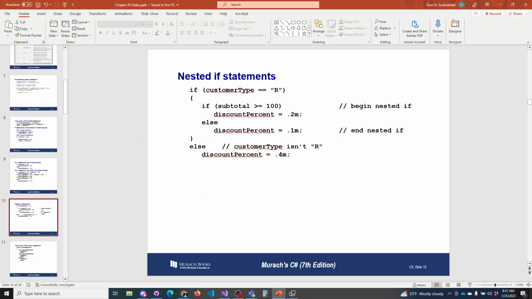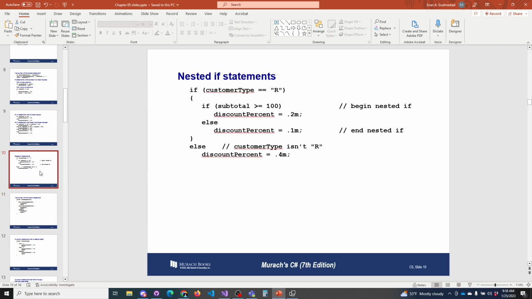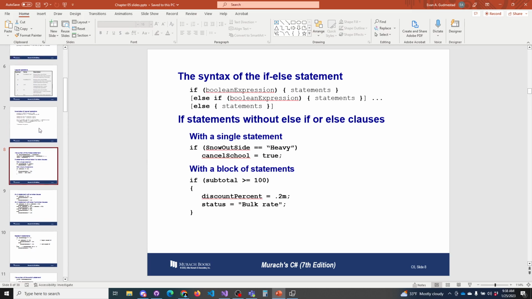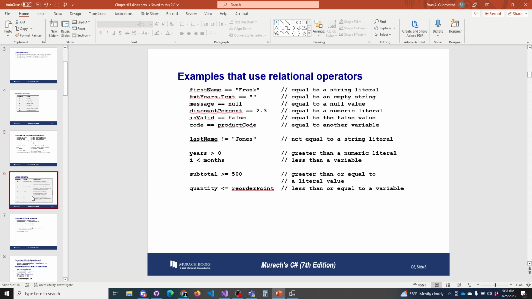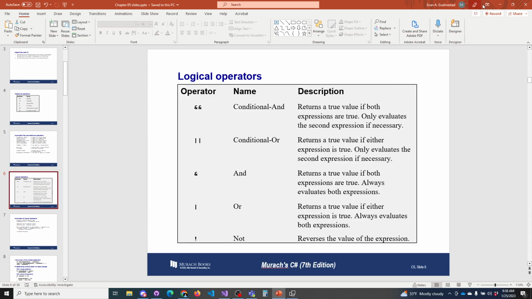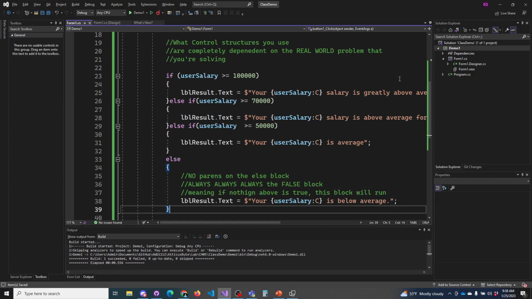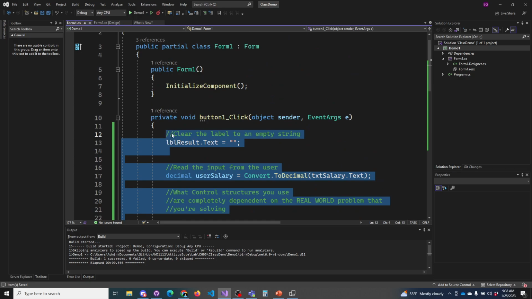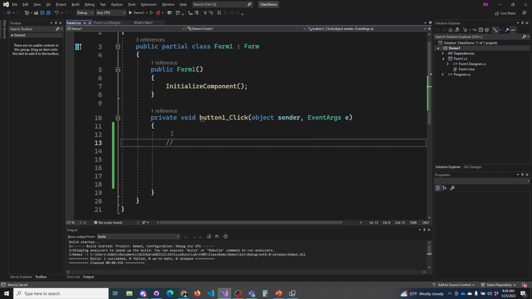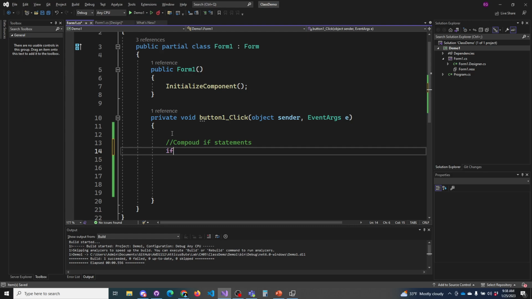And we've got maybe two more things to cover, which is nested ifs as well as compound if statements. And then we're gonna stop, and we'll stop for the day with the lecture. Okay. So, compound. Okay, you could say